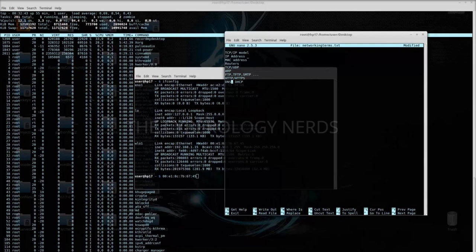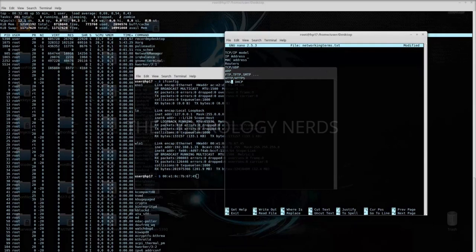For now, this will be enough, and in the next lecture we will cover some of the ethical hacking terms that you also need to know in order to